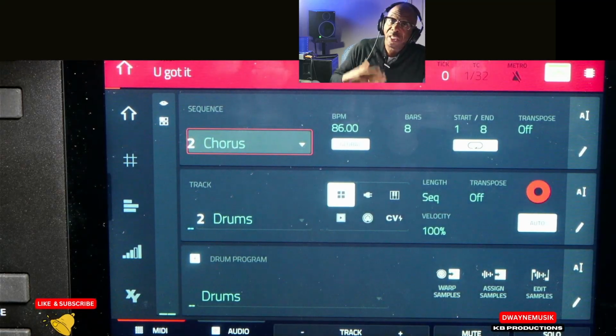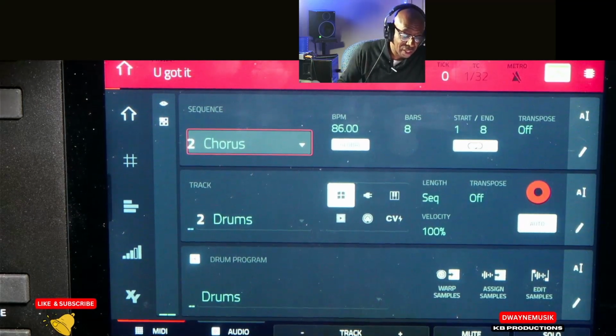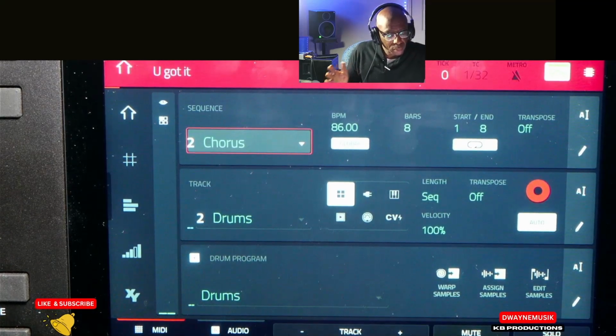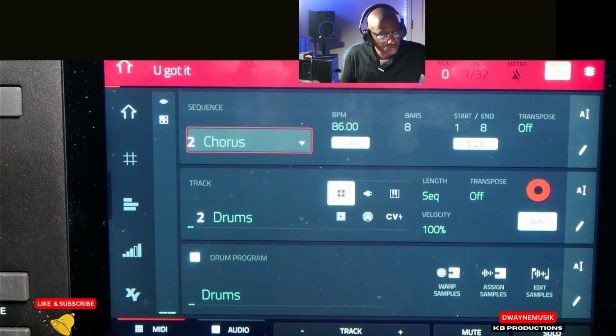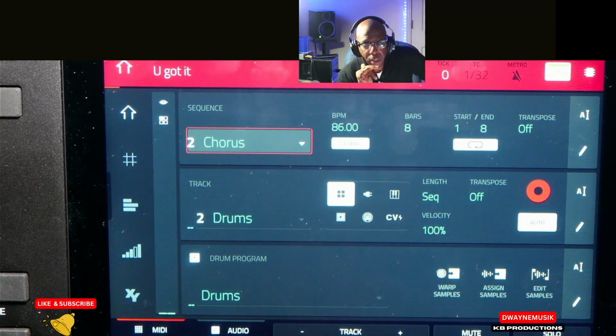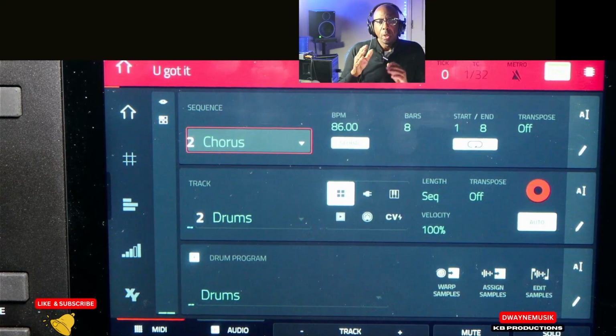Whereas with hip hop, you have 16 bars, then you have like an 8-bar hook, and then 16 bars, and so forth. So I haven't sequenced this out. I haven't mixed anything, and I haven't finished putting the song together. But I'm just going to play what I have so far.